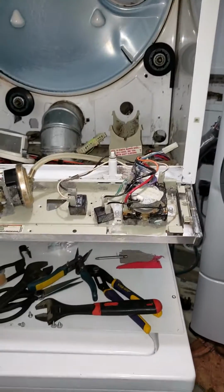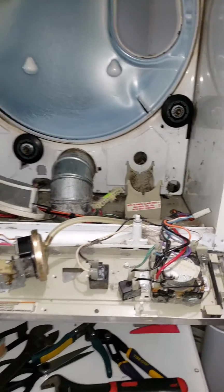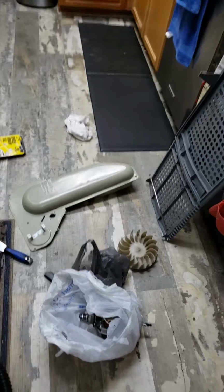So that's my project. That's the problem with me. If I tear something apart, I got to improve it, right? I've got it apart. Let's see what else we can do. So, there you go. Hopefully that helps some people out